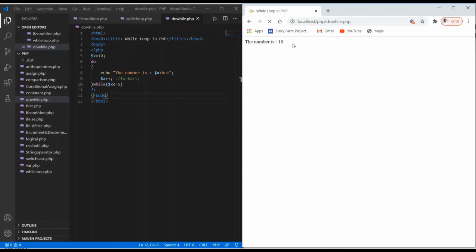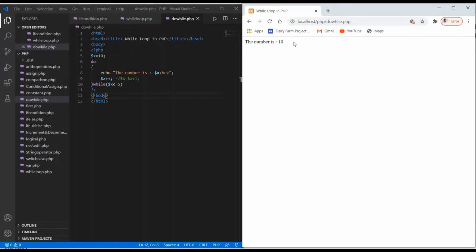We have incremented the value of x by 1, so now the value of x has become 11. 11 is not less than or equal to 5, so it will jump out of the loop, but the condition is checked after executing once. So this is the difference between the while loop and the do while loop.